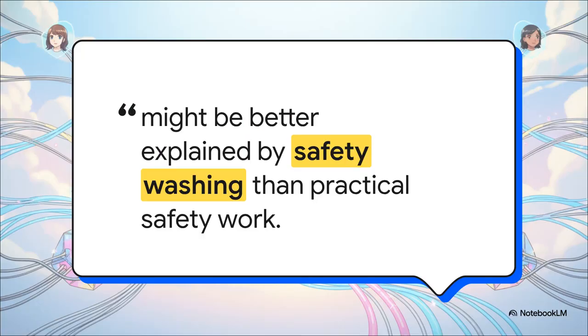But look, to keep things grounded and impartial, we absolutely have to acknowledge the pushback from the academic community. Researchers like Stephen Casper have rightly pointed out that, sure, mapping these features is a phenomenal technical achievement, but it's really just step one. Simply finding features doesn't magically guarantee a safer model in deployment. There's a very active debate right now about whether some of this interpretability research is leaning a bit too close to safety washing rather than building robust, practical guardrails that can actually withstand adversarial attacks.